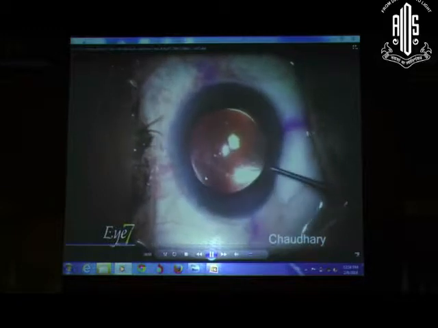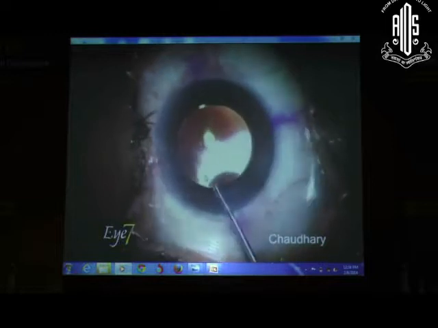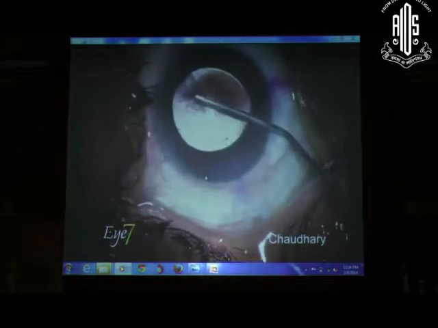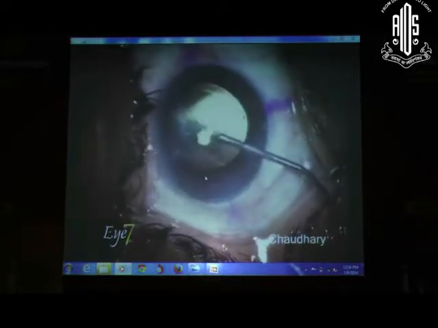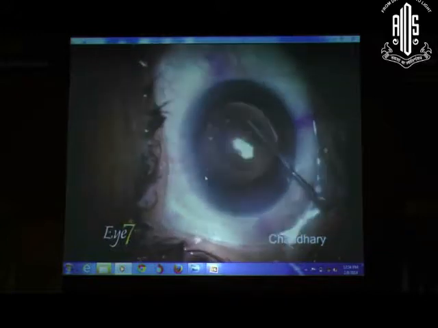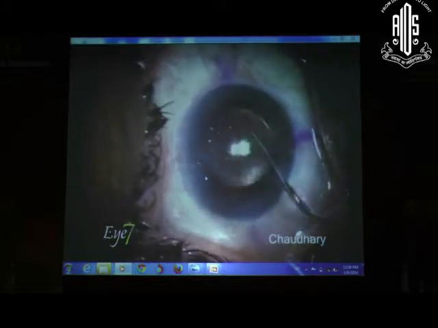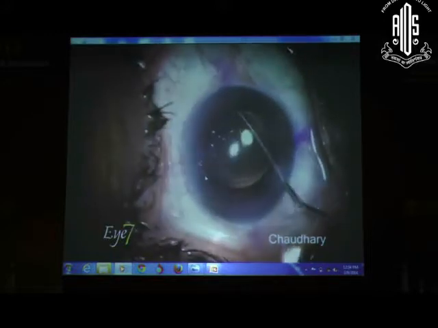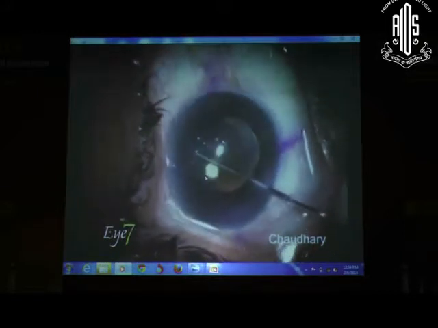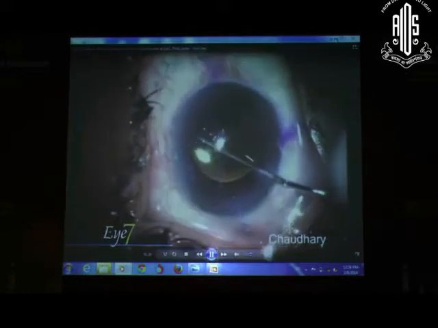This is the second side port, and the AcrySof toric IOL is more sticky and therefore it is likely to rotate less in the post-op period, but at the same time it is more difficult to rotate if you actually want to rotate it post-operatively. The plate haptics, I have no idea about the plate haptic IOL that was talked about earlier, but most plate haptics like Star, toric, etc. would be easier to rotate. So once you've opened up, you rotate the IOL and make sure again that you don't leave any viscoelastic behind in the eye, and seal the incisions.